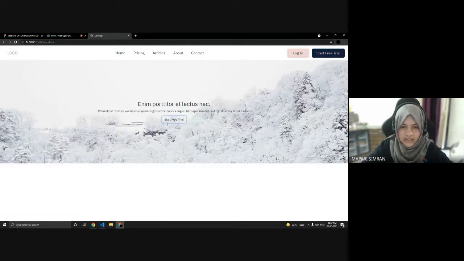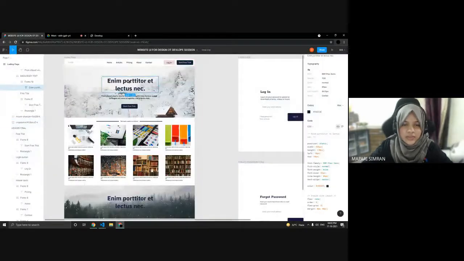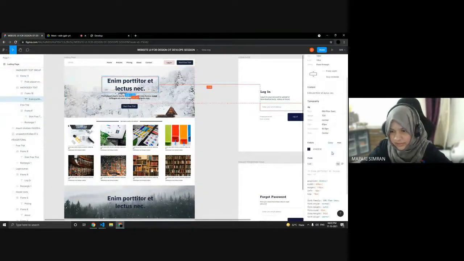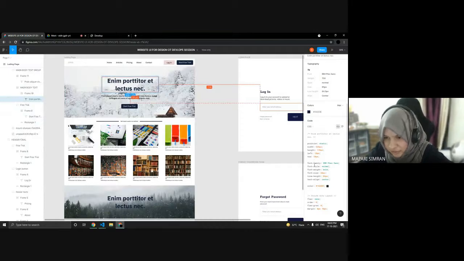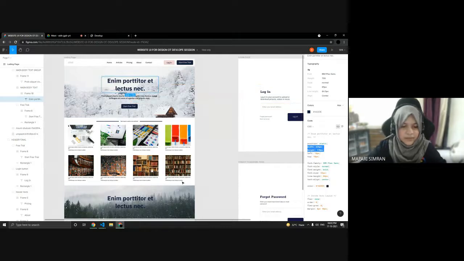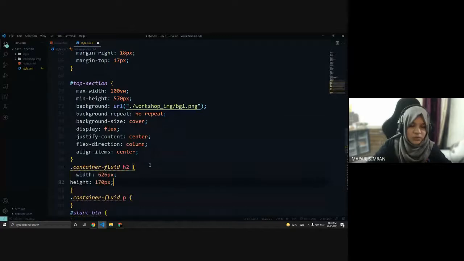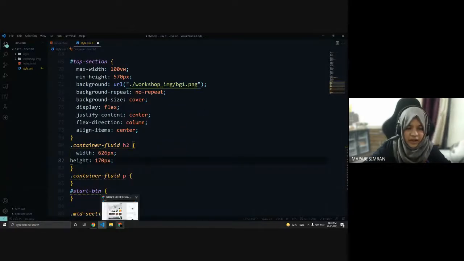We have to style this button also. We have to give just the background color and the font size. So let's now target this, and let's check the width and height for that. So the width is 626 px and the height is given. So let's just copy it from here, and it's inside this container fluid h2 tag. So let's give that width and height to it.